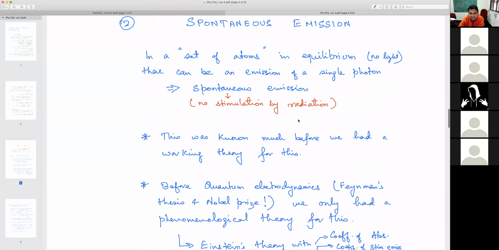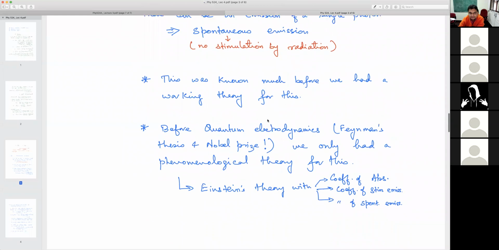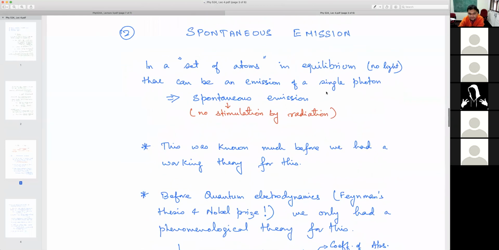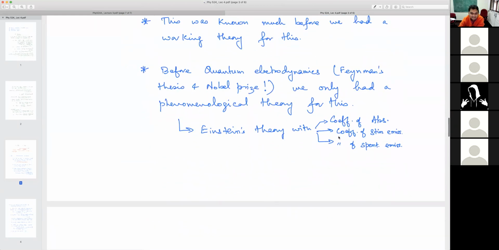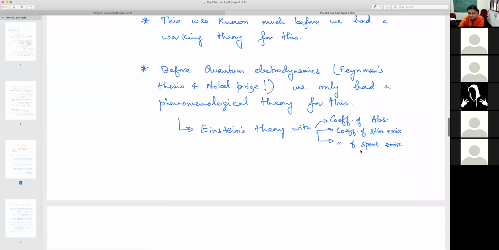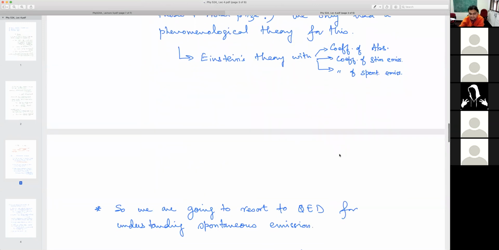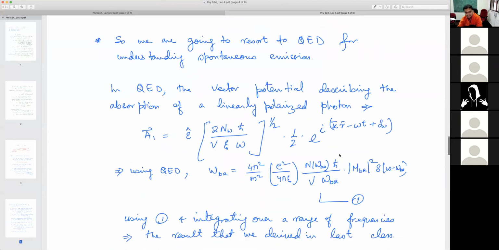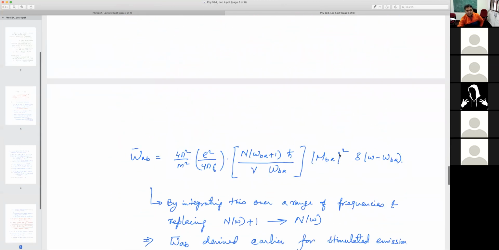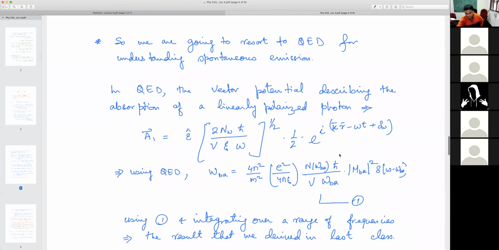And another thing I was trying to say, that even before we had the QED theory of spontaneous emission, we had roughly a working theory, which was Einstein's theory. And even before Einstein's theory, we must have had a lot of other phenomenological models with which people used to compare their experimental results. Okay, so here now I'm going to say a few things without explicitly proving them, but trust my word, and we may come back to this, or you may do this in some other course.